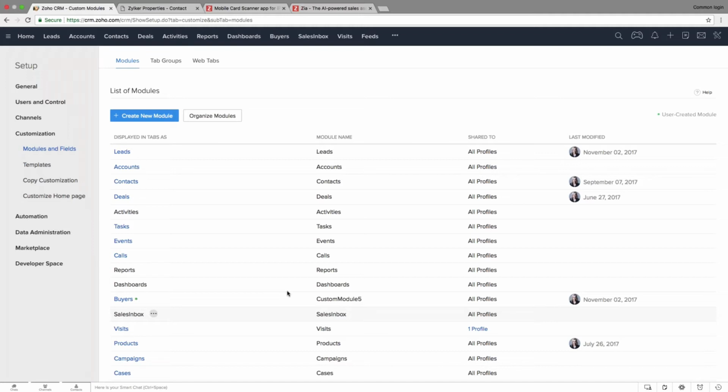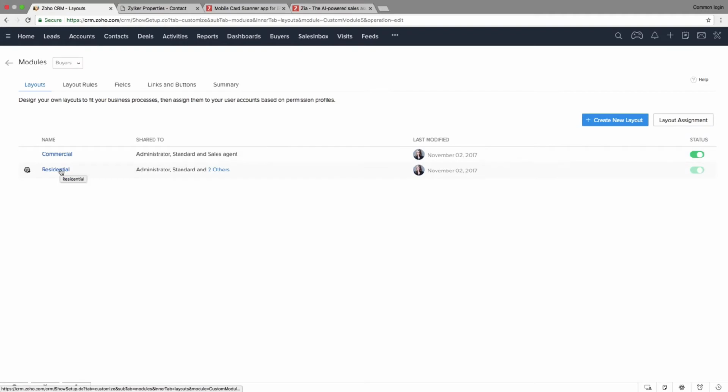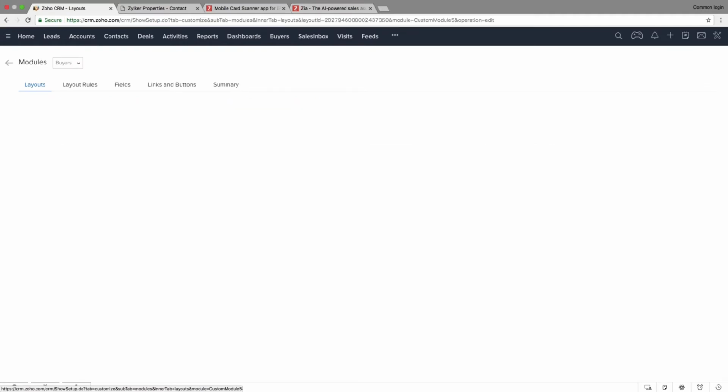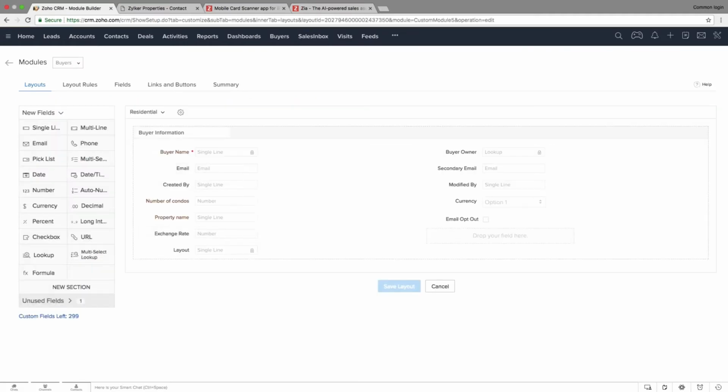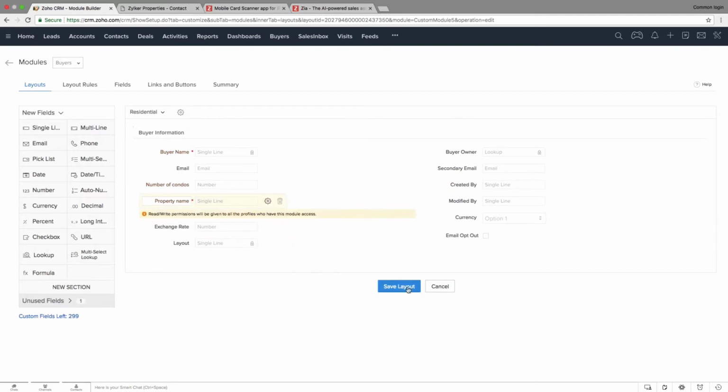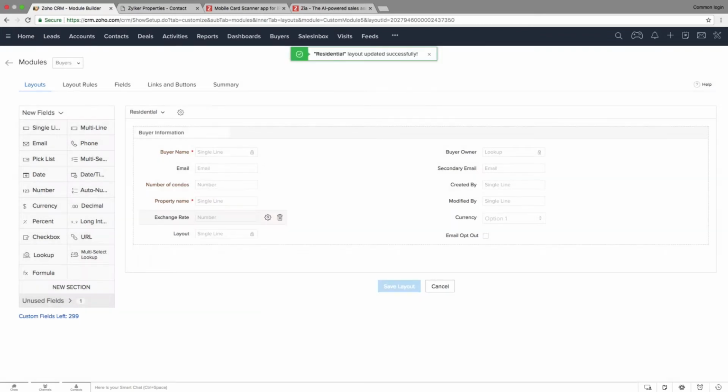Let's say we create a new layout called residential for all of the residential projects that you may run, and another called commercial layout. As you can see, I've actually created the two beforehand. So if I click on the residential layout, you will have a specific number of fields. You can rearrange the fields the way you want to within this layout, and mark fields mandatory right here, which will not affect the other layout at all. So if I hit save layout,